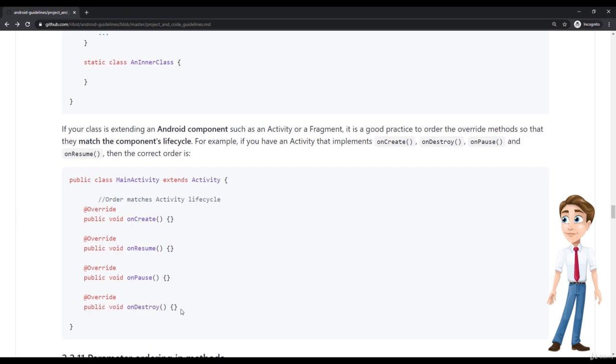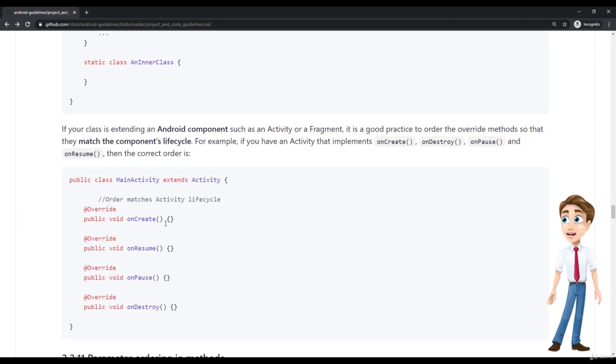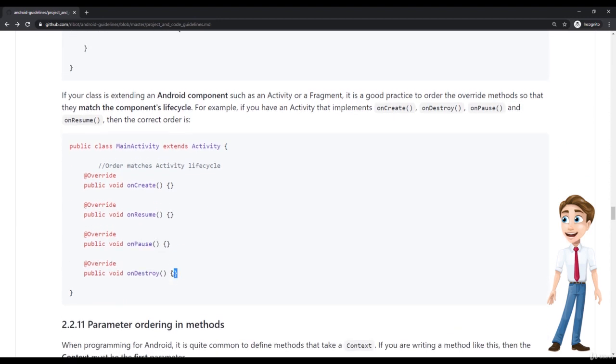So you should basically stick with the actual order that they are called by the system, and this allows you to have a more linear idea of what happens within the code. You know that the code within the onCreate is going to be executed first, and then the onResume code, and then the onPause, and then the onDestroy. So that's a very good rule of thumb. I really recommend you to do this. And again, these are overridden methods. They should be first, before public or private methods.